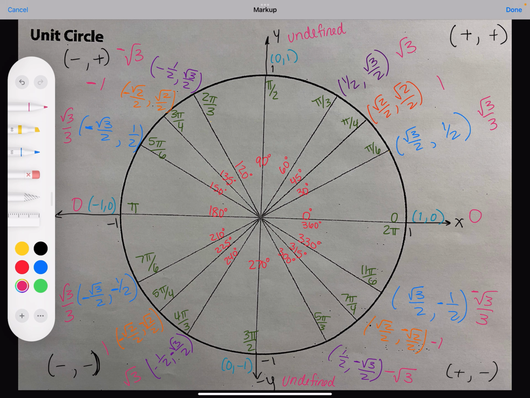So yeah, that's your unit circle. You now have everything that you have to memorize. Probably ballpark next Tuesday or Wednesday, we'd be looking at taking a quiz on the unit circle. Usually I don't tell you when it's going to be, because usually I'll do it a day or two before. So if the quiz is Wednesday, then probably Monday or Tuesday, we would do a practice quiz of some sort,